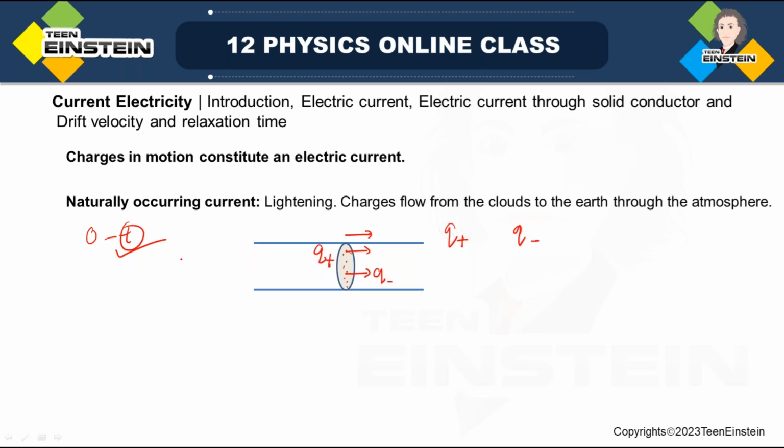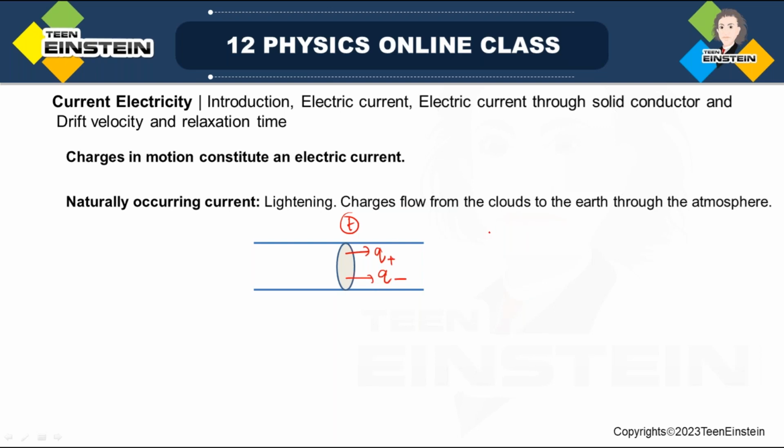As these positive and negative charges flow in time t, since both positive and negative charges are there,